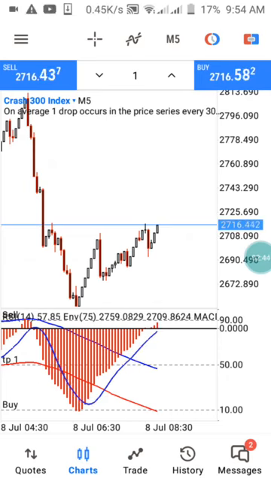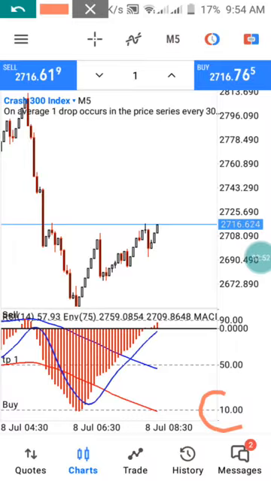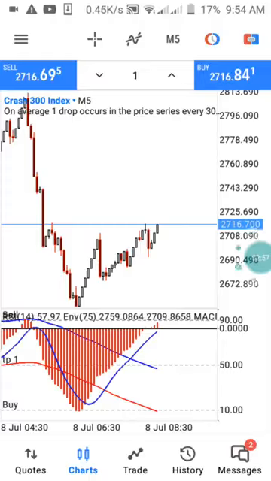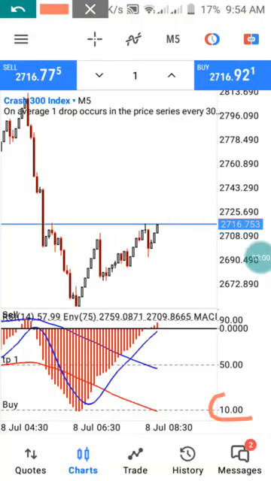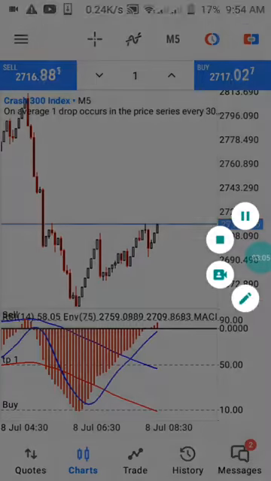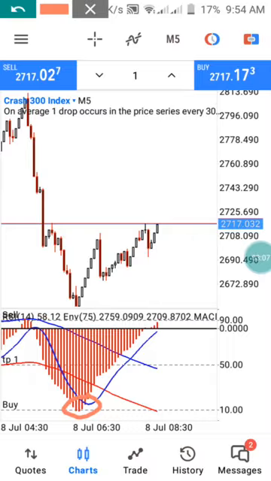You see that? So what you are going to be doing every time for you to have an accurate entry is checking your 10 level if you are going for a buy entry. You are going to wait until your histogram reaches your 10 level. You see that particular area, like this area now. You see we have a confirmation here that our histogram reached our 10 level. And also you are going to be checking your MACD blue signal reaching